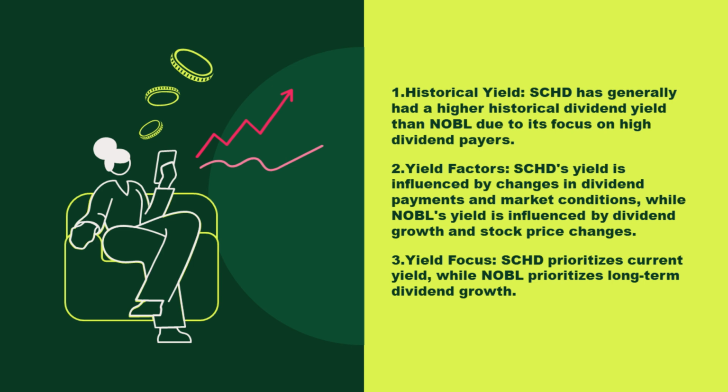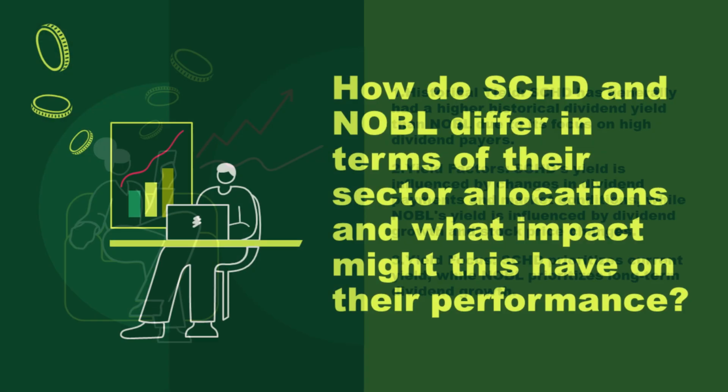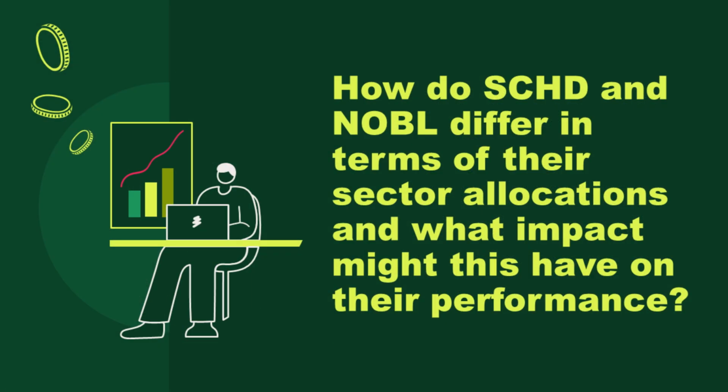Overall, SCHD tends to offer a higher yield due to its focus on high dividend payers, while NOBL's yield reflects its emphasis on companies with a long history of increasing dividends, resulting in a typically lower yield but with a strong track record of dividend growth. How do SCHD and NOBL differ in terms of their sector allocations, and what impact might this have on their